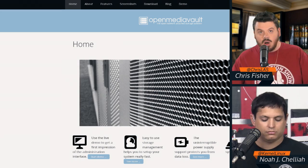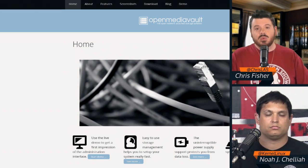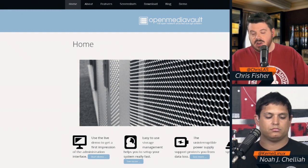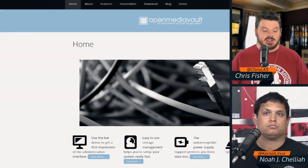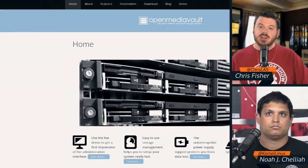He forked Monowall, or however you pronounced it back in the day, and created FreeNAS. And then the project got to a point where they realized, geez, we've got to revamp this whole infrastructure. And at that point, one developer thought it might be better to go Linux-based, and one developer thought it would be better to stay BSD-based. And the projects forked, and it very quickly was named OpenMediaVault. And so its heritage